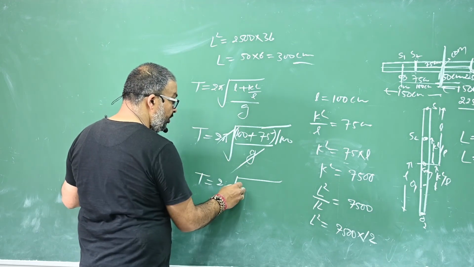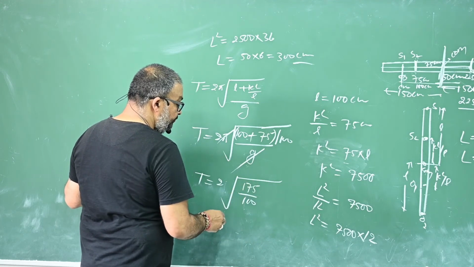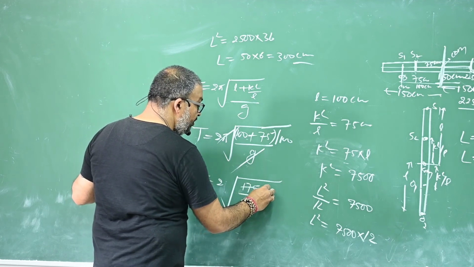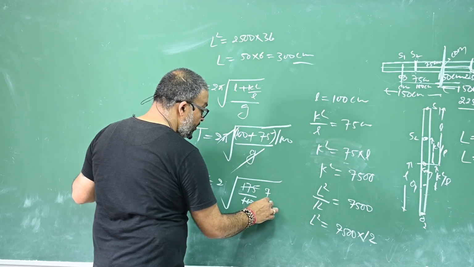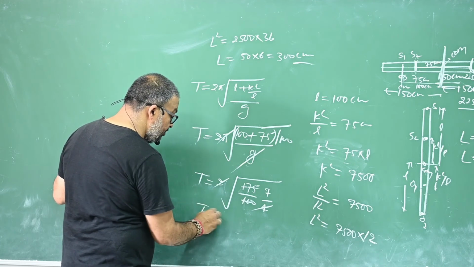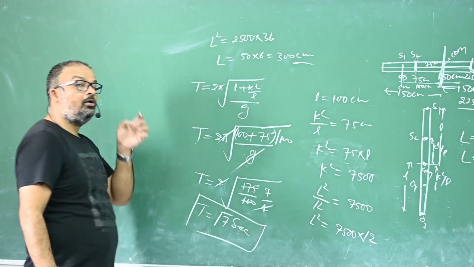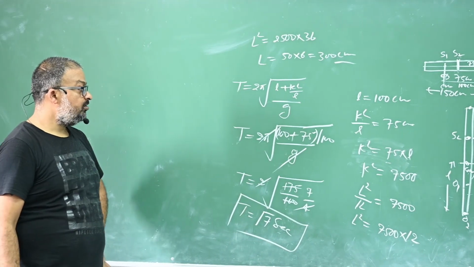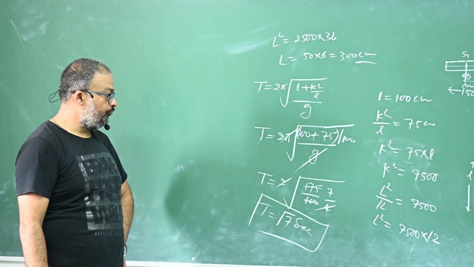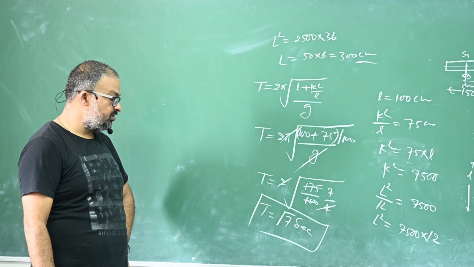So there is only 2 into 175 by 100. 25 cancelled with the 25. So it will be 7. It will be 4. 4 and root of 4 and 2 cancel, so it is equals to root 7 seconds is the time period of the rod about all these 4 points. Is that okay? Okay. 437, okay, by 100, okay, 7 by 4, root 7 seconds, right?